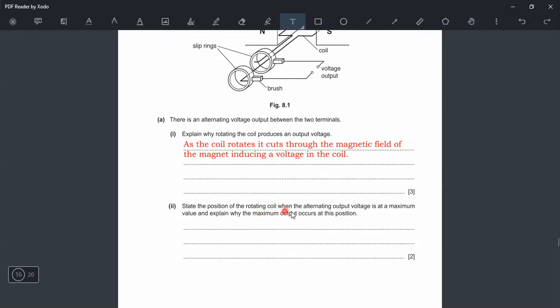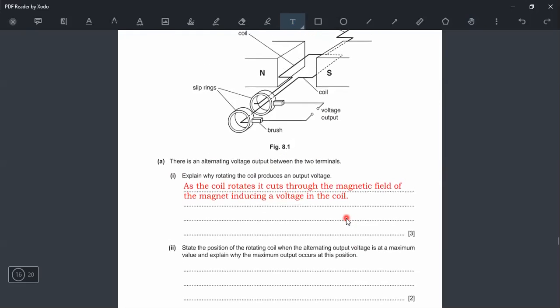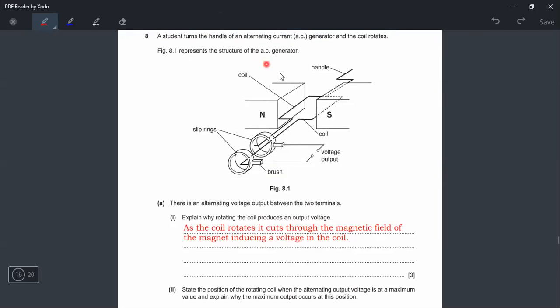State the position of the rotating coil when the alternating output voltage is at maximum, and explain why the maximum output occurs at this position. Now, just to remind you, the maximum voltage is achieved when the coil is horizontal, because at this moment, the ends of the coil, which are the wires that are doing the cutting, are moving up and down, which is perpendicular to the direction of the field. But if the coil was vertical and the ends of the coil, which are the two wires, are moving parallel to the field,